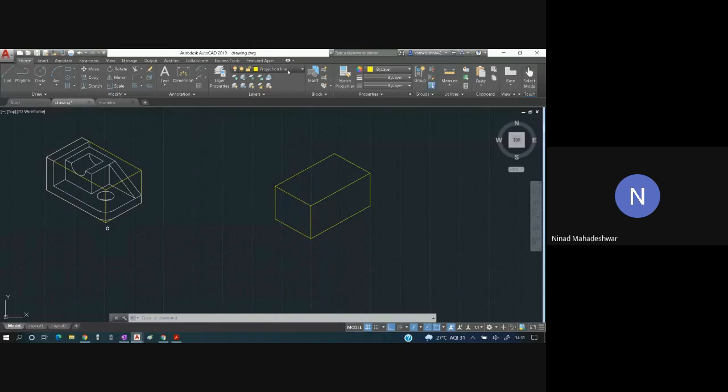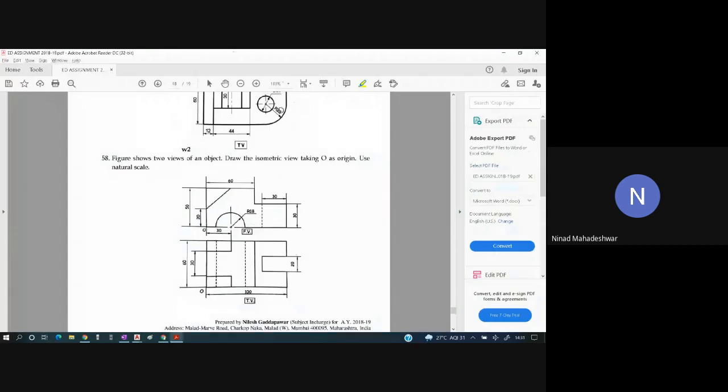For this part, I'll click on drawing lines and go over here. From this end I have to go 20 mm up. Then from here 30 mm up, 60 towards the right, go down by 30 mm, go towards the right till the very end, then go down by 30 mm, and so on.